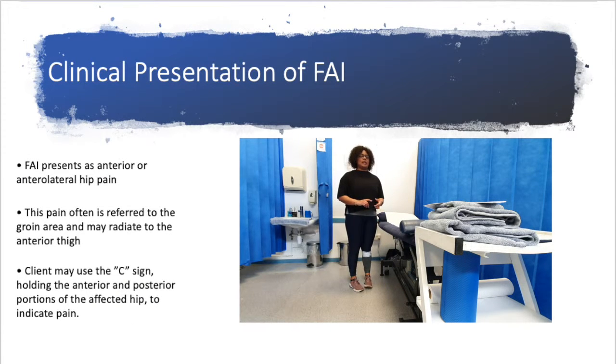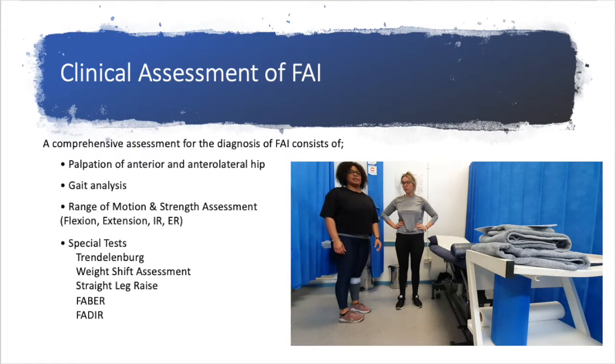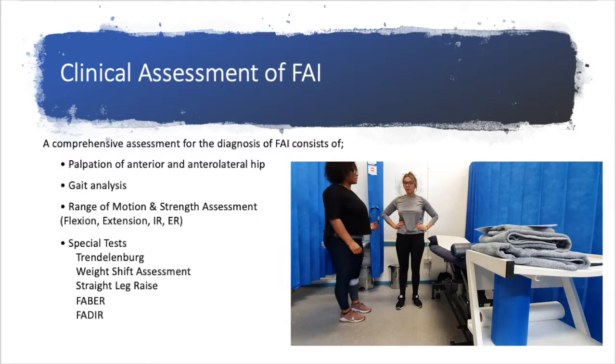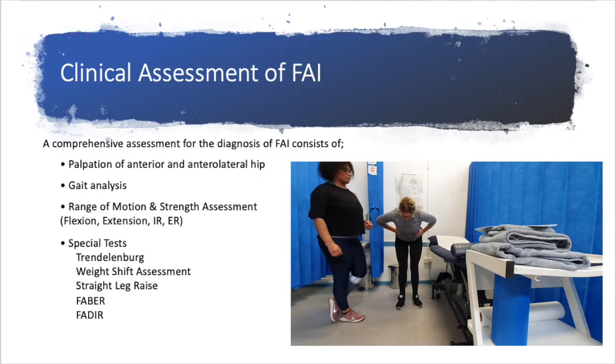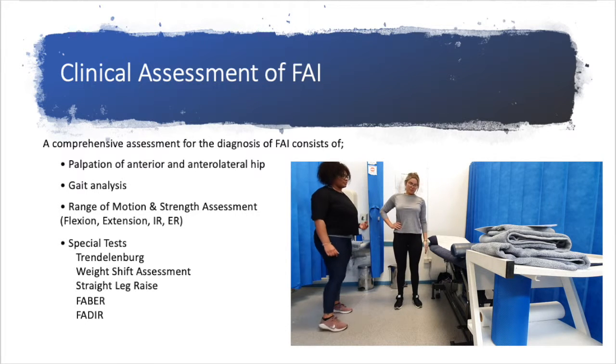FAI presents as anterior or anterolateral hip pain that refers to the groin and occasionally radiates down the anterior thigh. To exclude any lumbar pathology, we ask the client to complete a lumbar flexion, lumbar extension, side flexion on both sides,